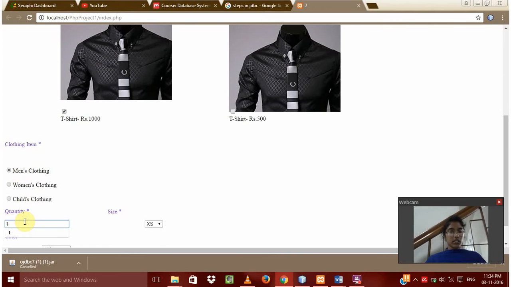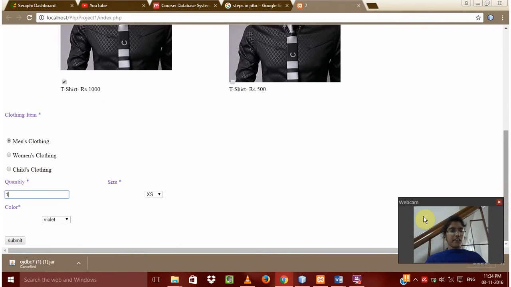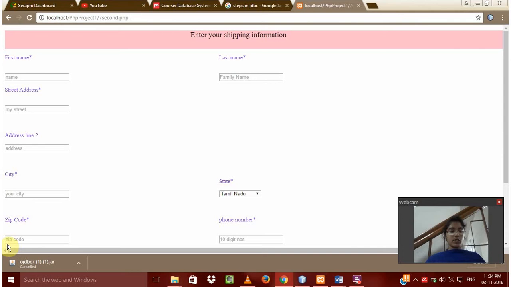Quantity is one, and size is extra large. I'm going to choose the lavender button, violet, and then it is going to submit. It moves to the next page, and here I can give the name, numbers,